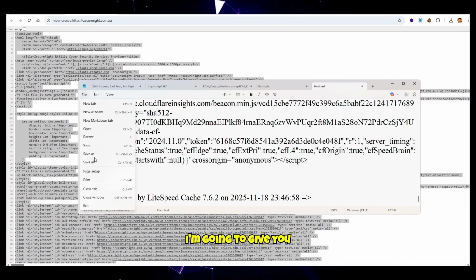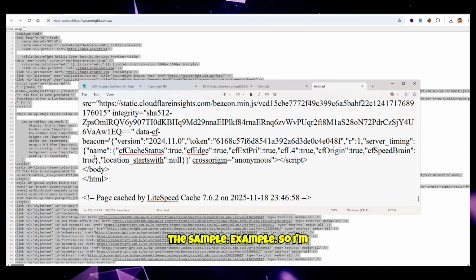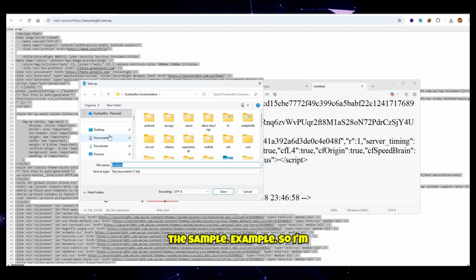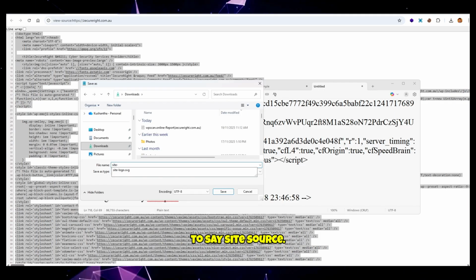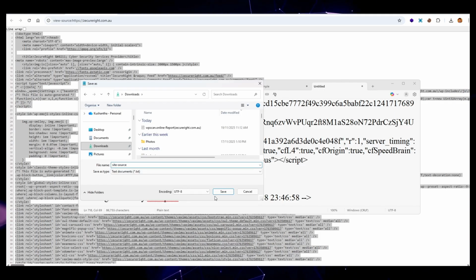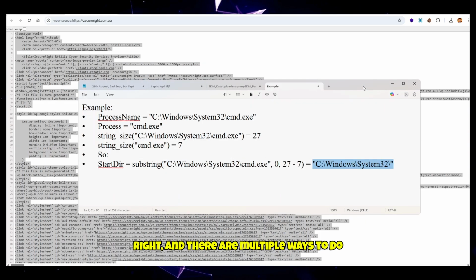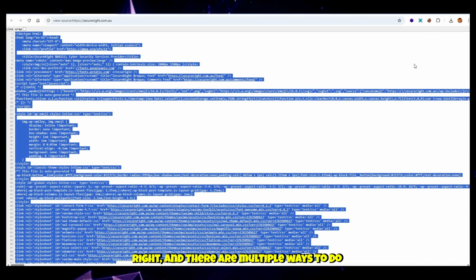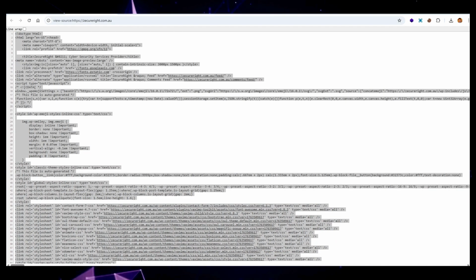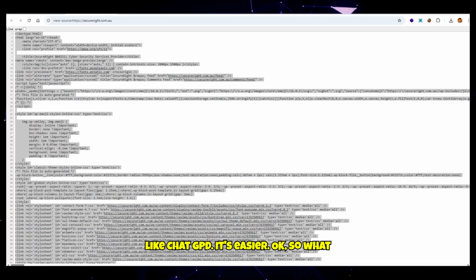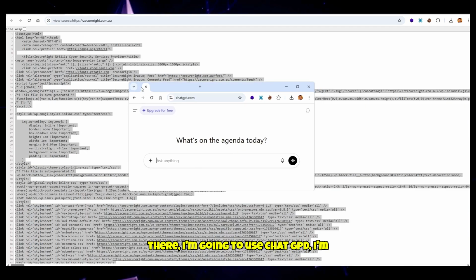And then I'm going to give you the sample example. So I'm going to go to download. I'm going to say site source, right? And there are multiple ways to do the same, but what I suggest you to do is just use probably a kind of tool like ChatGPT, it's easier. Okay, so what you can do is, I'm going to go in there, I'm going to use ChatGPT, and upload the